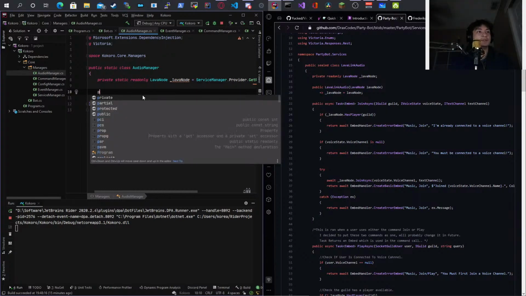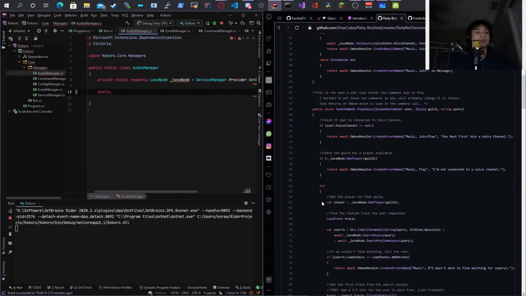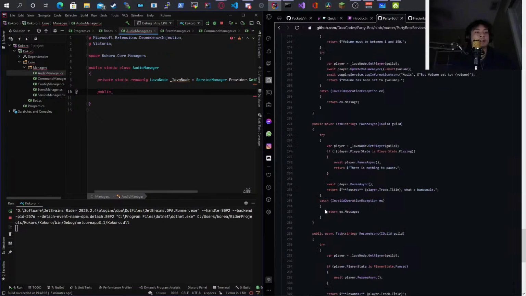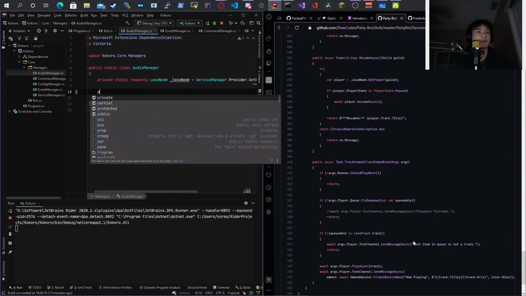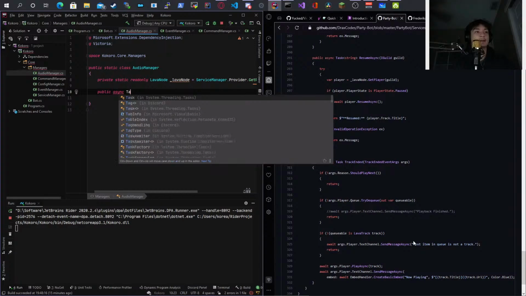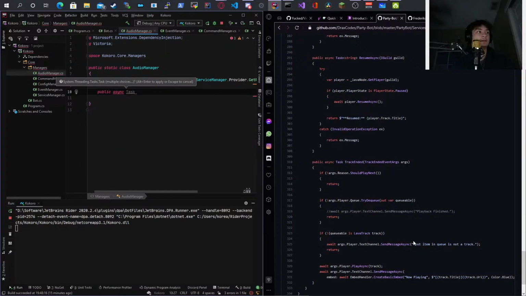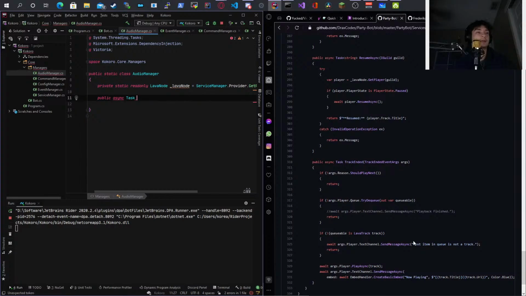Okay, so the first thing is going to be here. I do know that there's an event here that I need to do first. So that is going to be right here. So public async task. Okay, then track ended, and this does need to be a static.